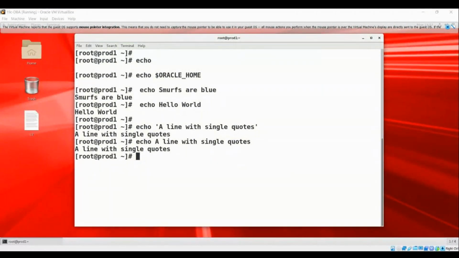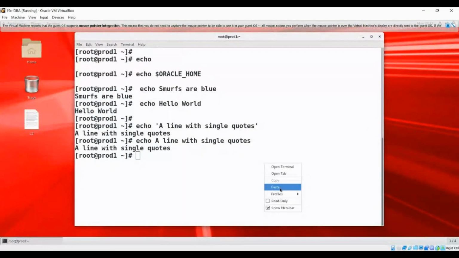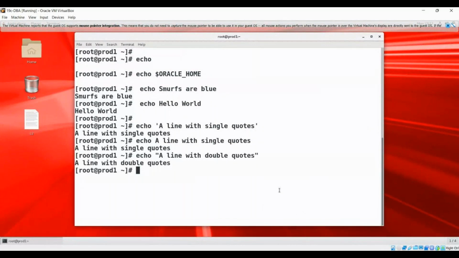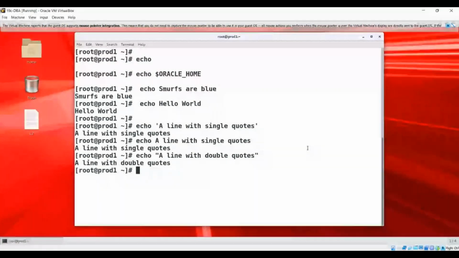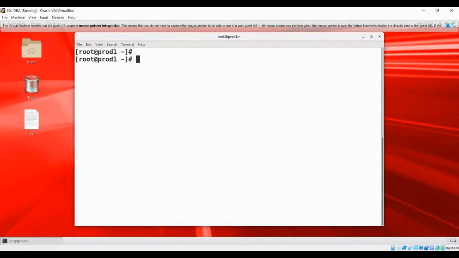And if you say double quotes, double quotes also do the same things as above with echo, but it will receive one argument. So you have both ways of doing this. You can use echo, you can use quotes also. And there is one important command, that is type. If I say type cd, what it is telling is cd is a shell